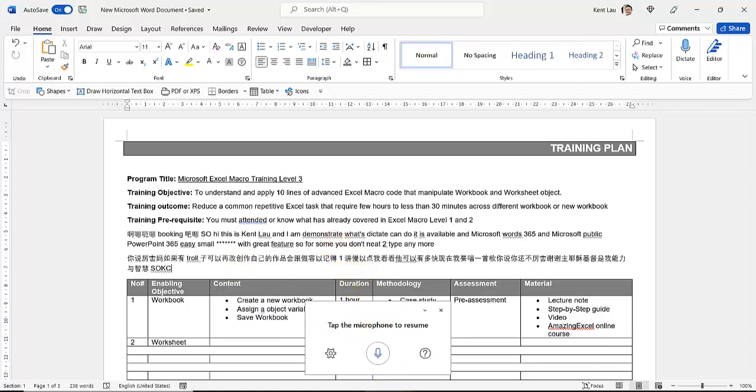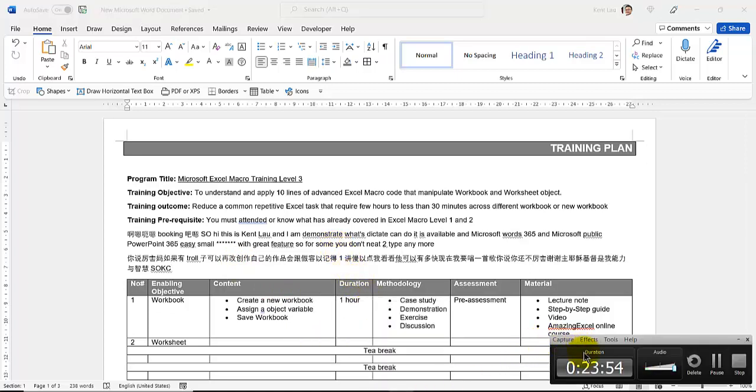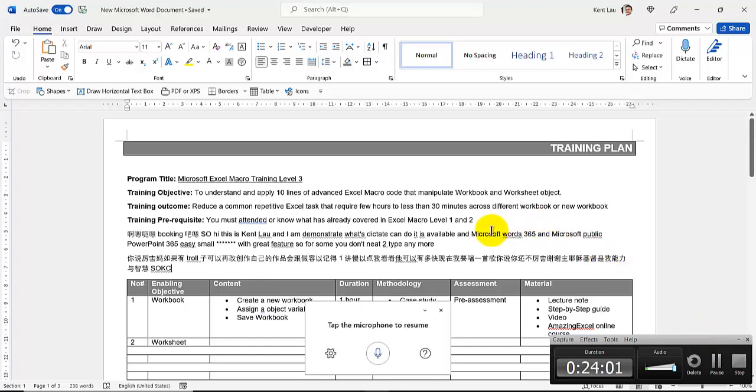I'm using a tool called Camtasia to do that, and when I finish this, I will just press a button called